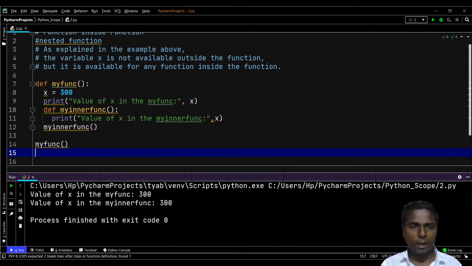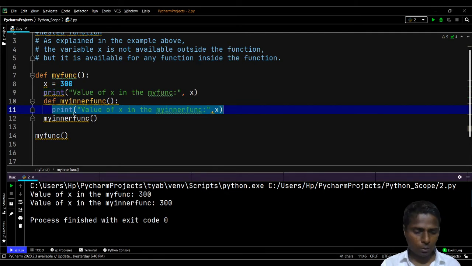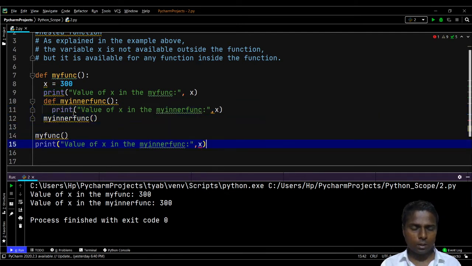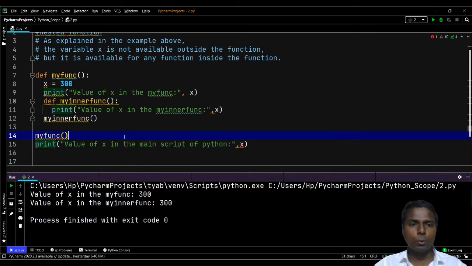But if I try to display the value of x in the main script, Ctrl C, Ctrl V, value of x in the main script of Python, here we'll get an error because x is not defined in the main script.